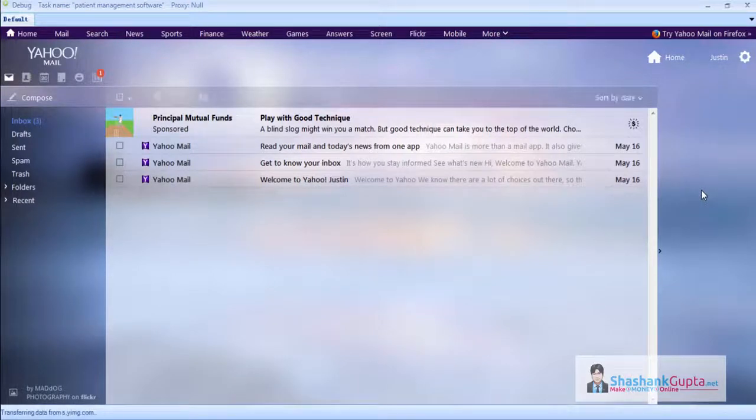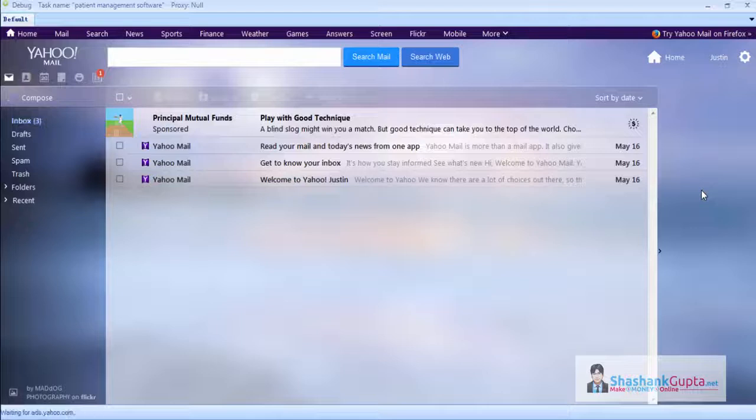It has logged in to Yahoo email. I will click on compose.